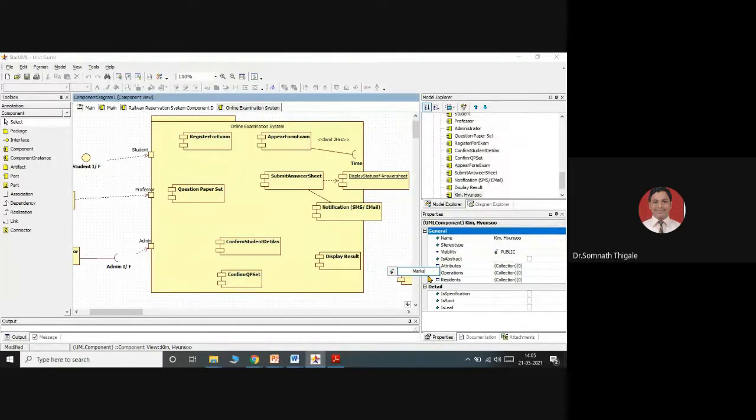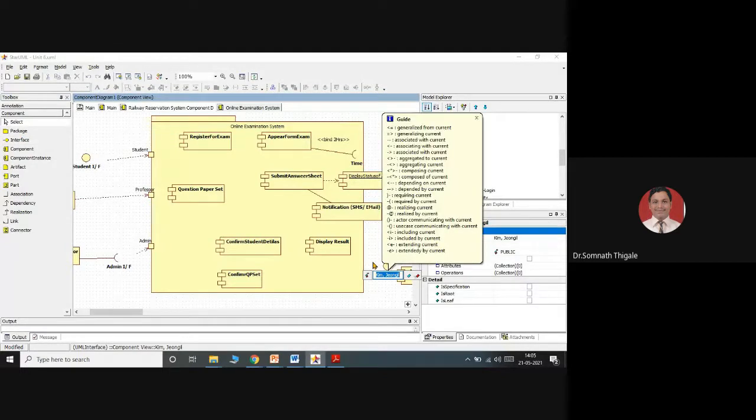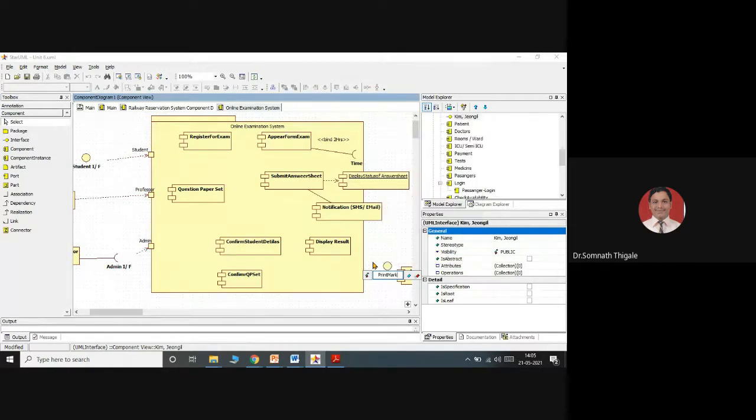So mark sheet, it's a print mark sheet. This I'll consider as an interface. The name I will give is print mark sheet. Okay, so consider this, keep it over here as a part of the interface.